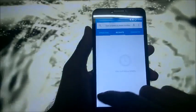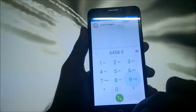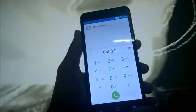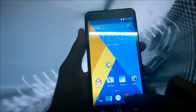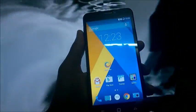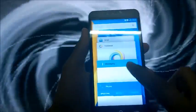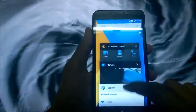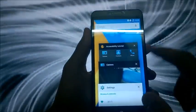Okay, this is the dialer, you can see, and the call button. Okay, so this is the browser, and yeah, these are the multitasking apps. You can see them in card form, which is the new addition,